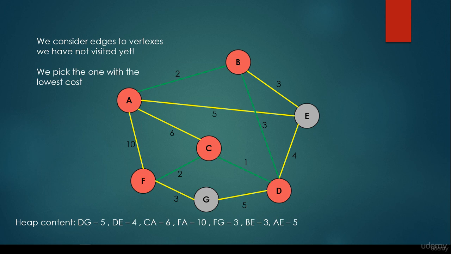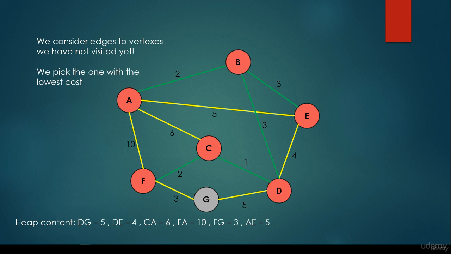So we have the heap with 1, 2, 3, 4, 5, 6, 7 edges pushed into it. We select the minimum one. We have 2 edges with the same edge weights, so we choose at random. For example, the edge where the start vertex is B and the target vertex is E. We add it to the minimum spanning tree.